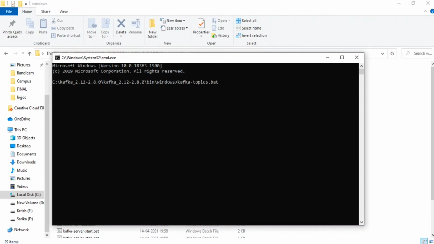For that you will need kafka-topics.bat, and then you need to say which Zookeeper, on localhost, which is running on 2181, and the instruction is list, which means give me the list of topics inside Kafka, for which Zookeeper is running on localhost port 2181.